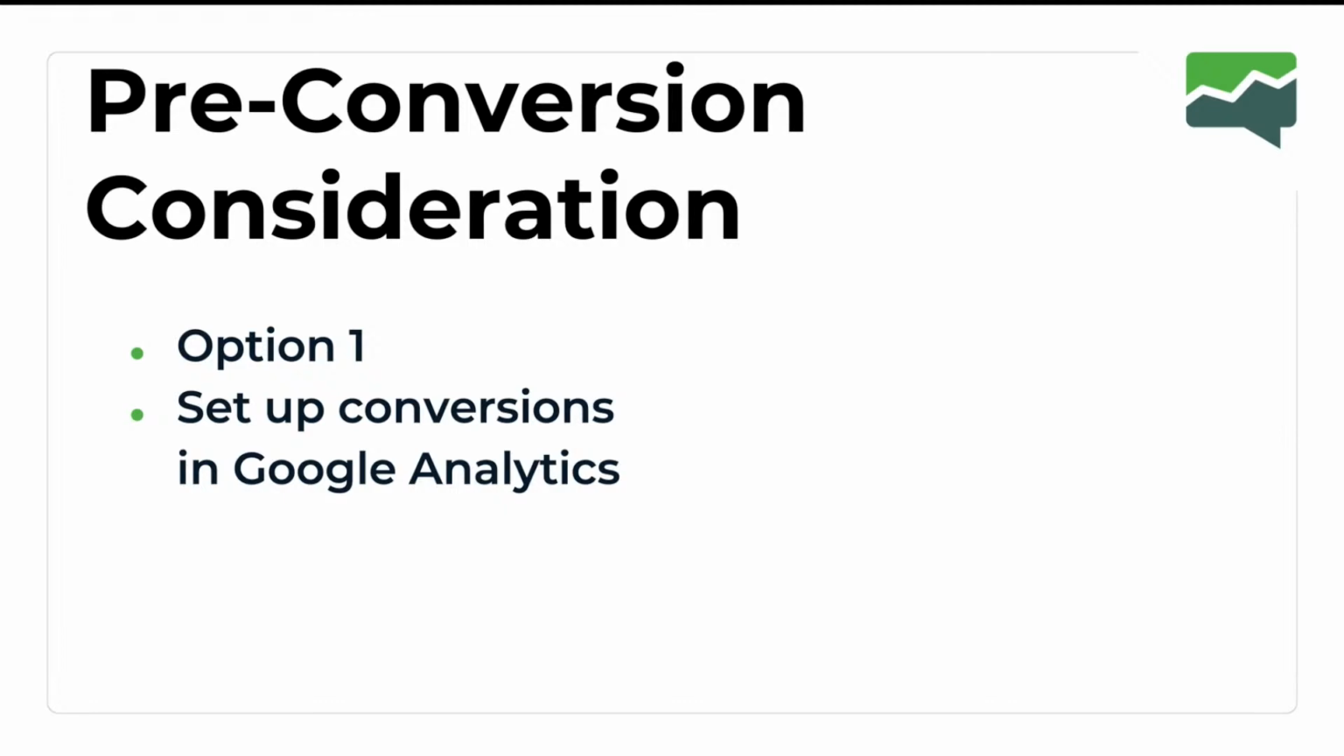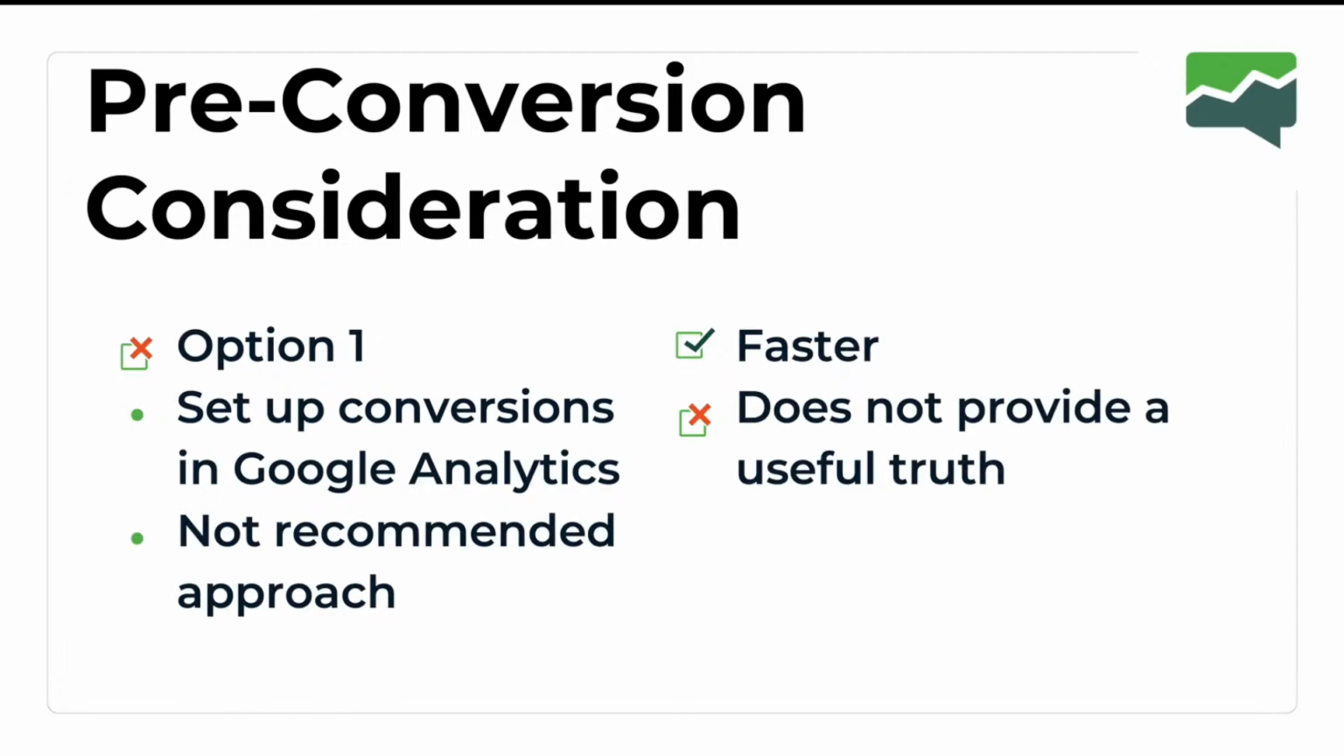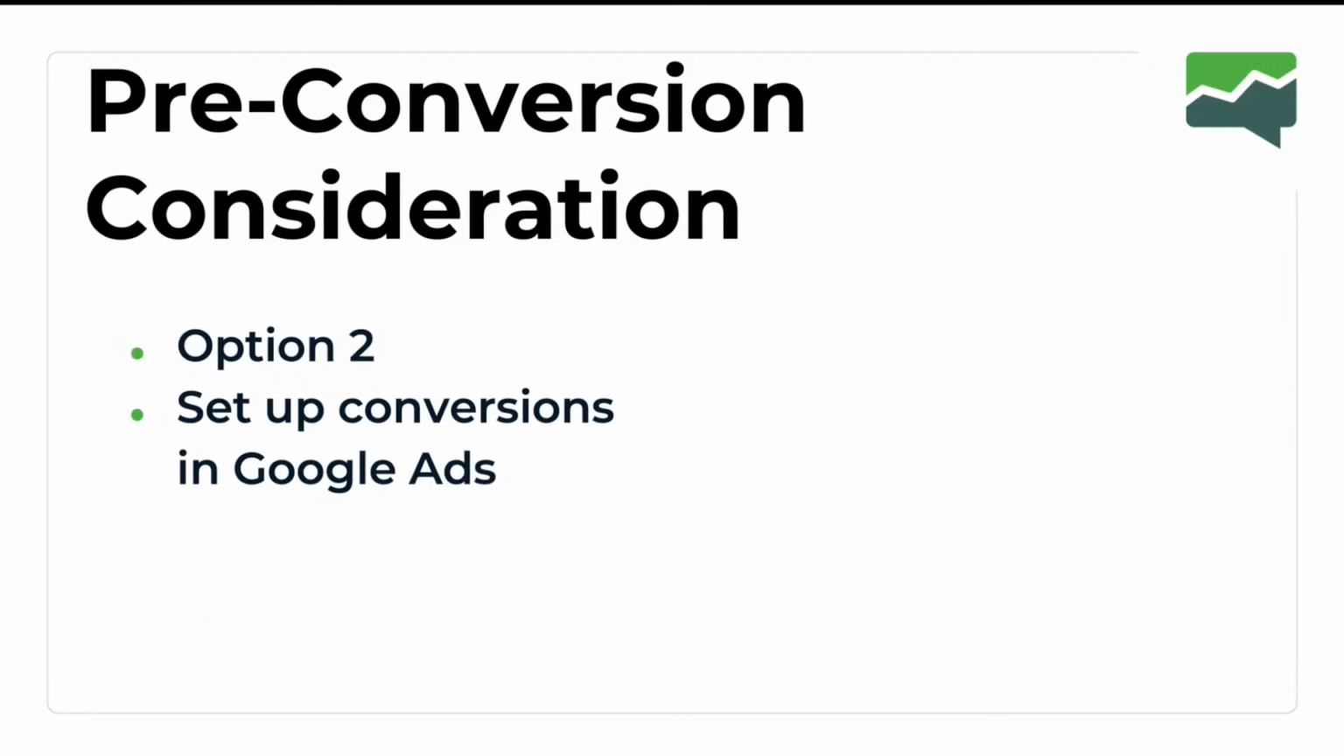Just from a measurement marketing perspective, it doesn't offer any useful truth to be able to take an action from, and it's really quite a polarizing option, it's either yes or no, did that happen or didn't. There's not really any context around it to allow you to make decisions and optimize if you're choosing that option. So it's faster, it's definitely an easier method to implement, but it doesn't provide what we like to call a useful truth, meaning it doesn't give us any contextual information to take an action from. So not our recommended approach, but